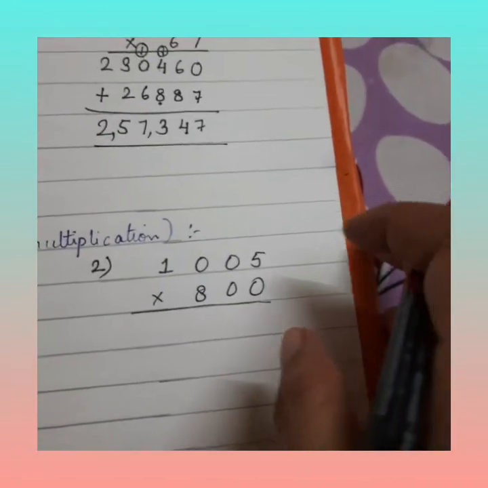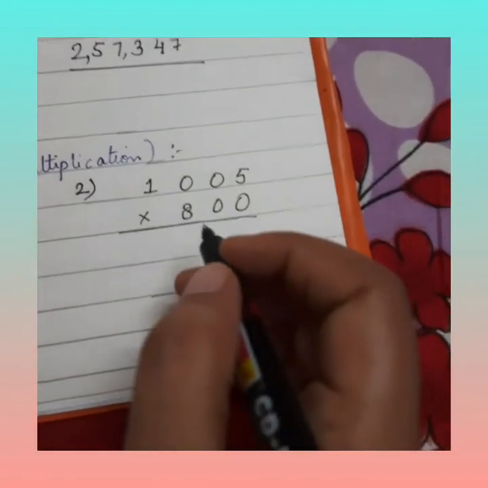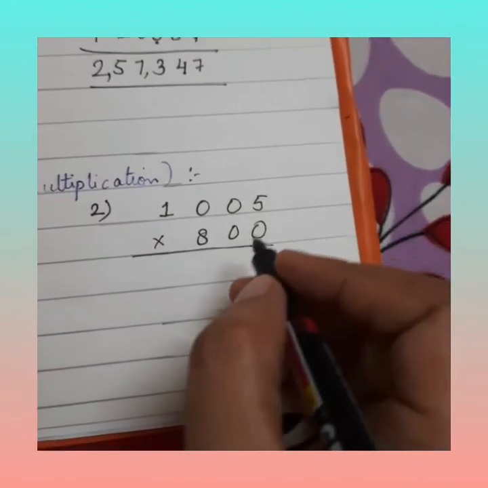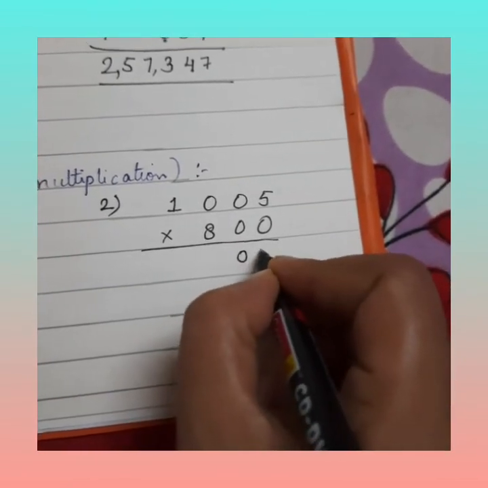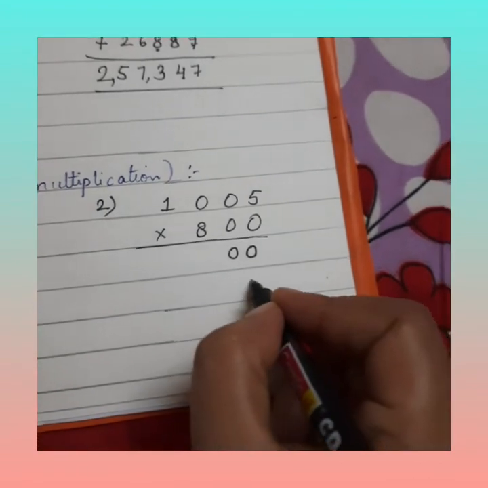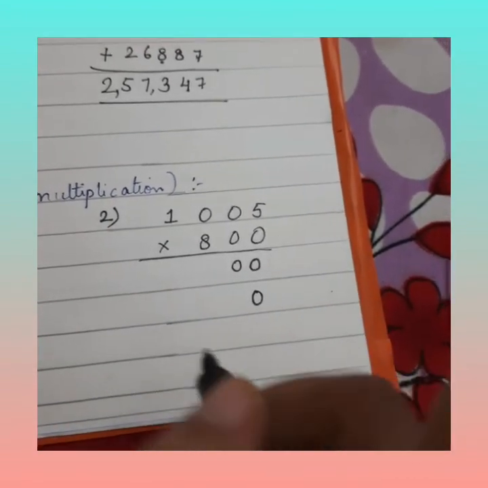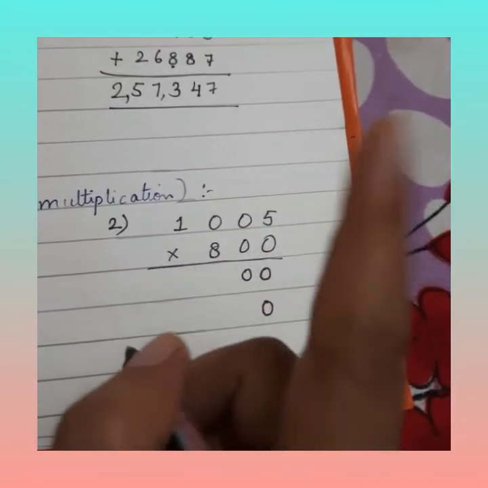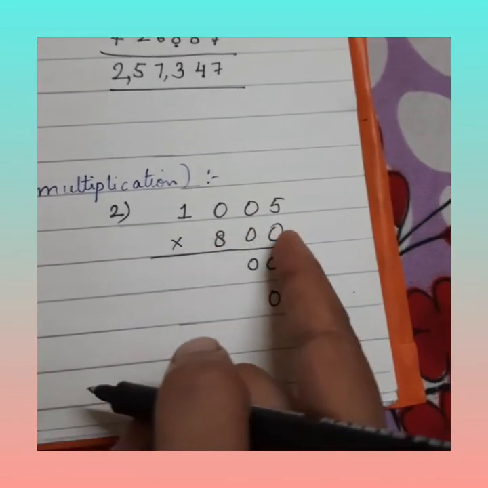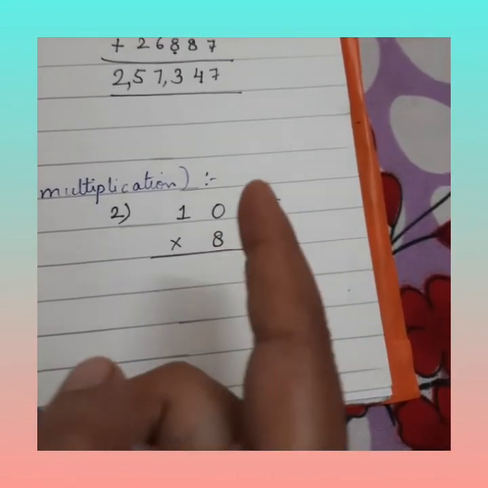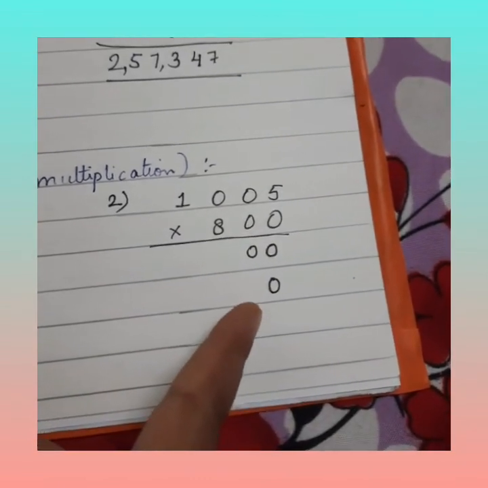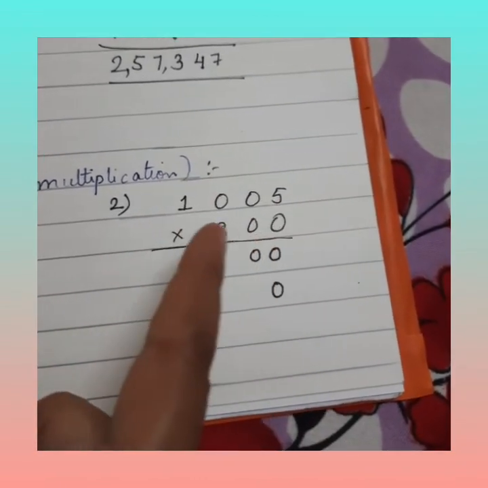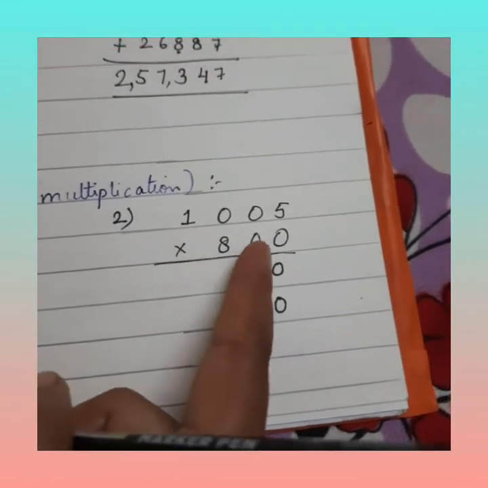One more example for you, 3-digit multiplication. So for that I will first write 2 zeros, then I will write 1 0 and then start the multiplication. Always remember, whatever the multiplier is given there, based on that first you write down the zeros and then start doing the multiplication from left hand side.